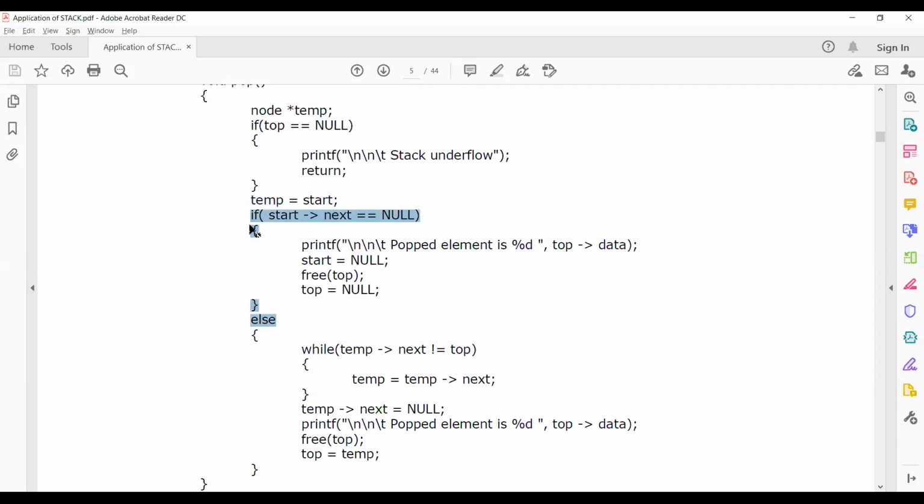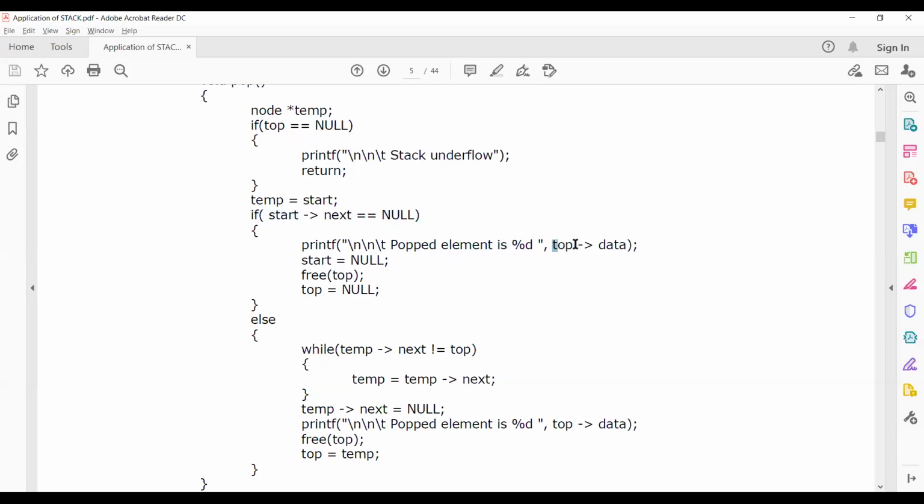This temp equal to start should be written after this if condition. But it has been written previously, no issues at all. Here this if condition is for checking if there is only one element in the stack. Obviously, start next null means there is only one node in the list. I'll pop the element. That's all.